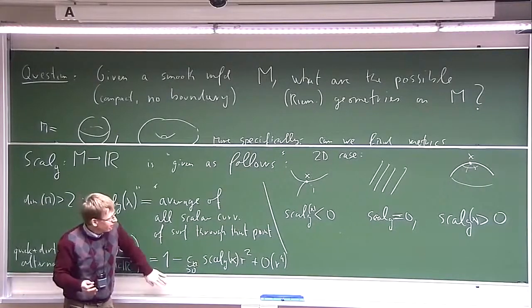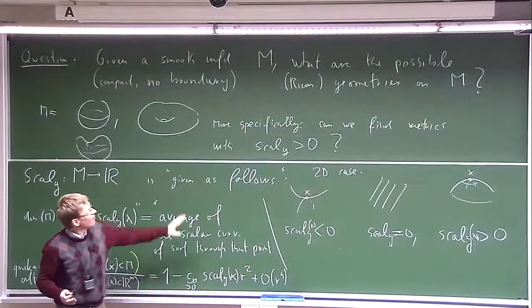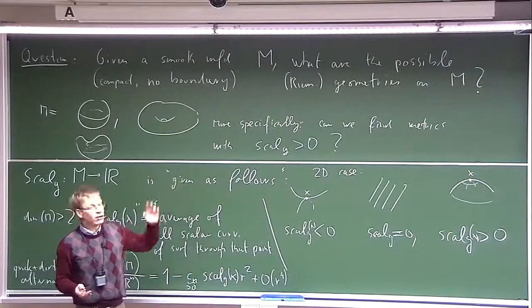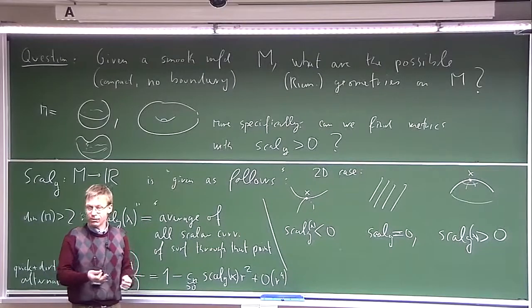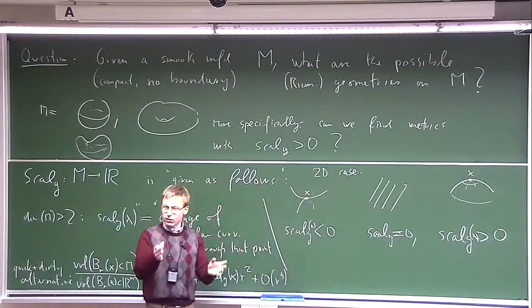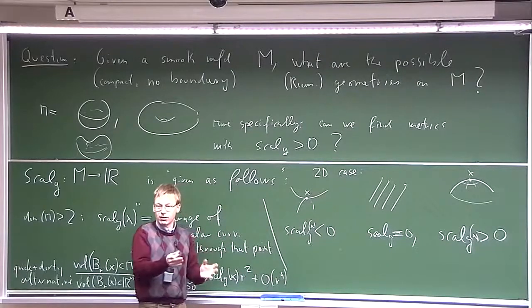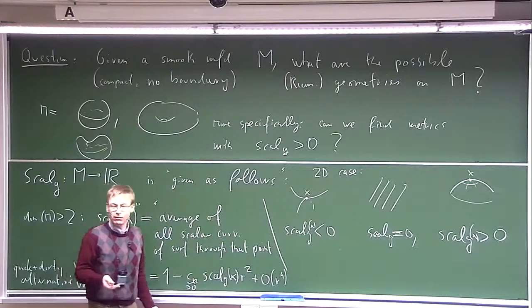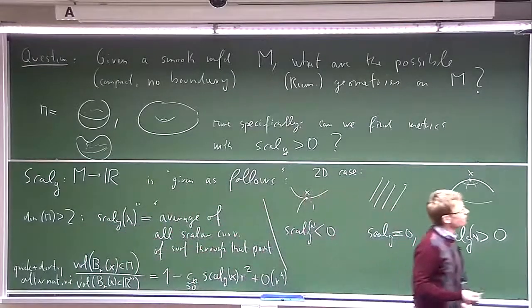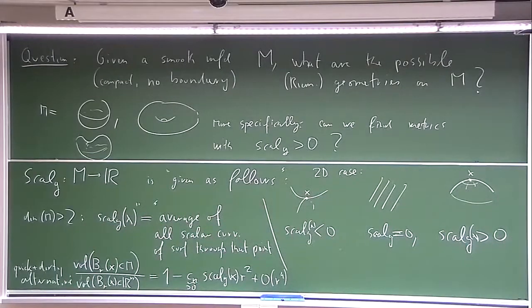And nonetheless, I'm asking the question, are there global consequences this positivity of the scalar curvature would have? So in dimension 2, you might expect global consequences because there the curvature is only the two-dimensional part we see. But in dimension 27, you might be more surprised if there are any global consequences because of this weak property.